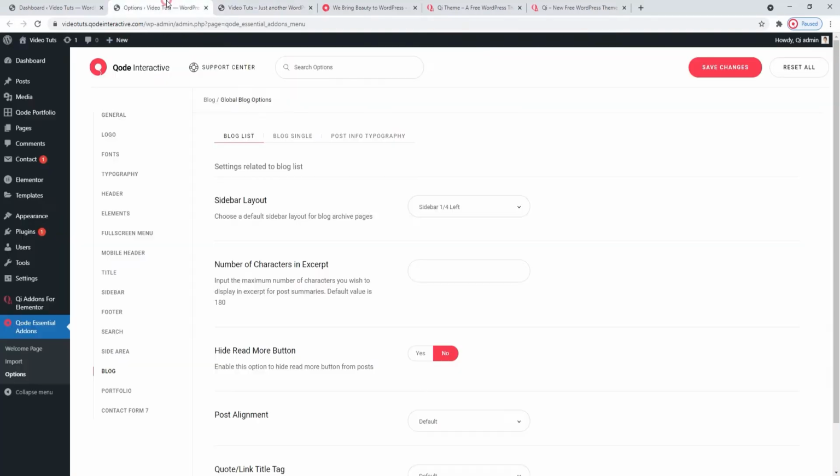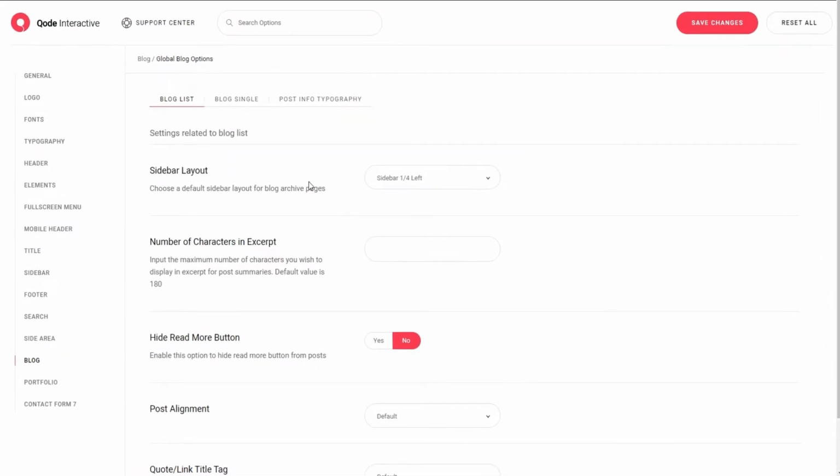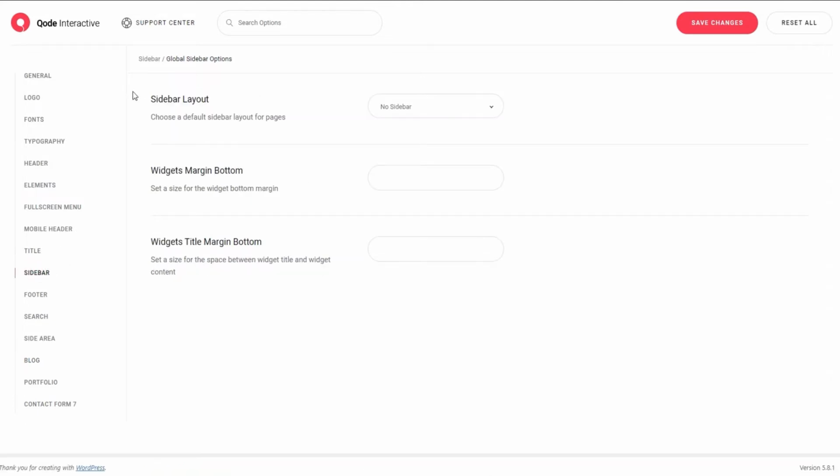Since I enabled a sidebar for my blog list, let's see what options we have for it in the sidebar section. And immediately we can see a very familiar option, the sidebar layout. So we have 2 sidebar layout options, one here in the sidebar section and one in the blog section. And they are not interdependent, meaning you can enable a sidebar for your blog but keep it disabled for the